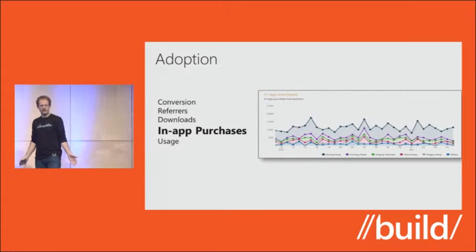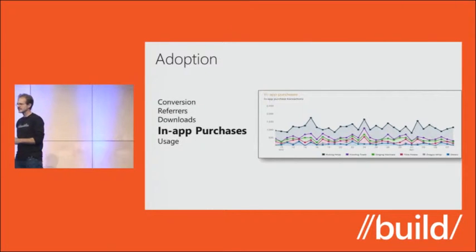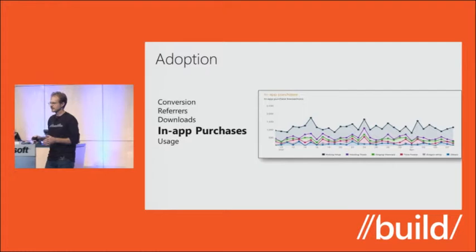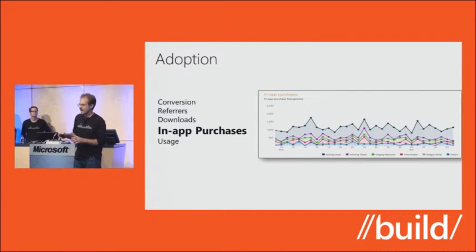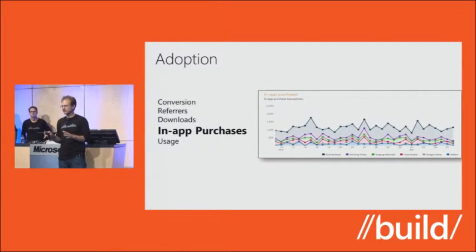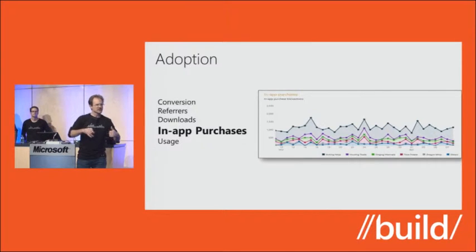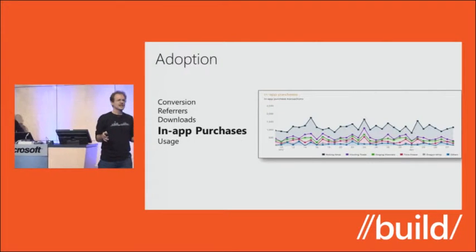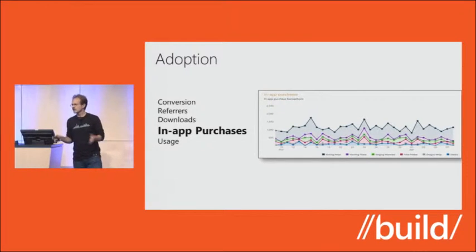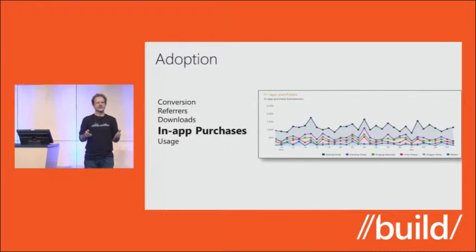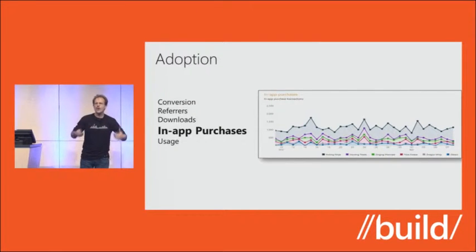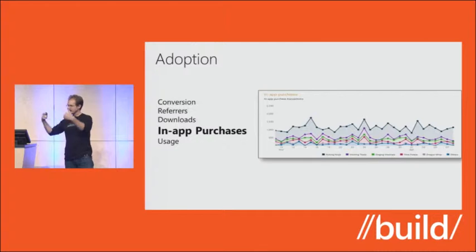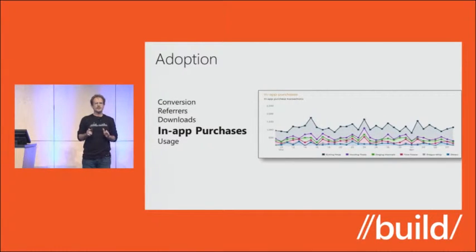Now, the other area in our adoption report allows you to see in-app purchases that are taking place. And in-app purchases provide you some detailed information about the purchases that are being made inside your app. If you're not familiar with in-app purchases, it is a programming feature that you can build into your app where you can specify functionality that you don't want the user to be able to use unless they've purchased the rights to do that. And so you specify those in-app purchases in the App Store itself, and you create IDs for them,